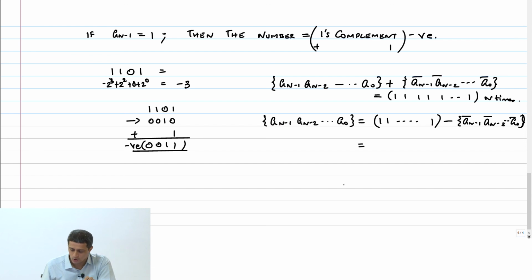So this is nothing but 2 power n minus 1, with n ones.